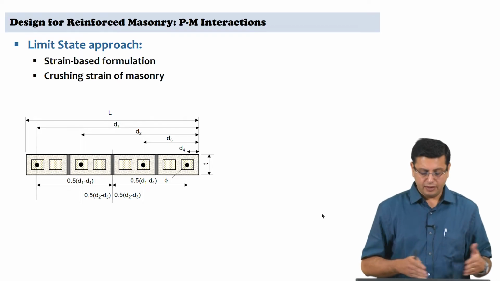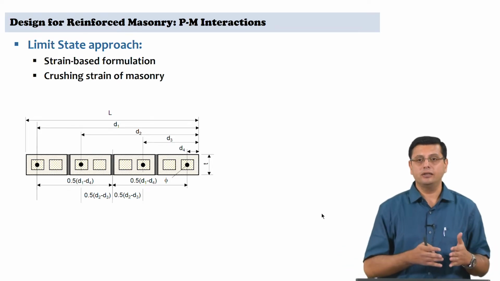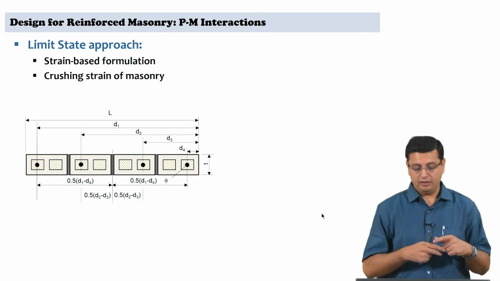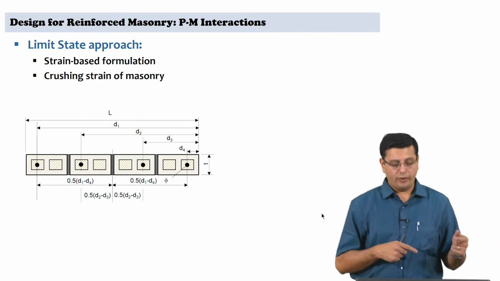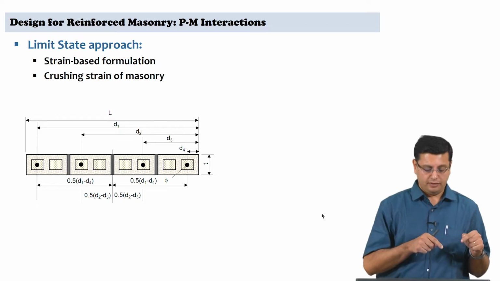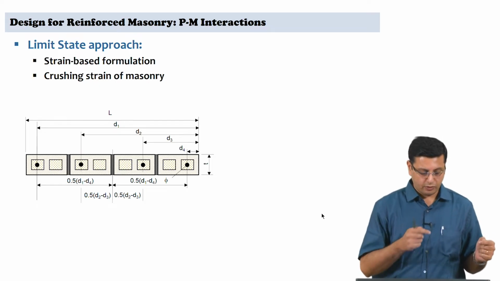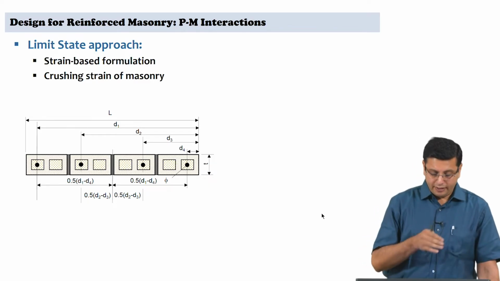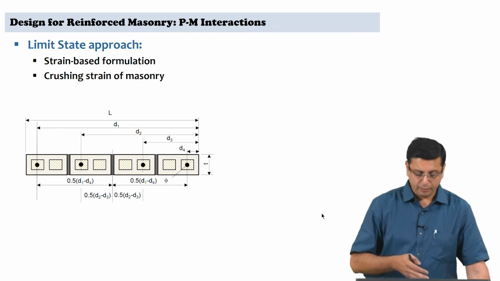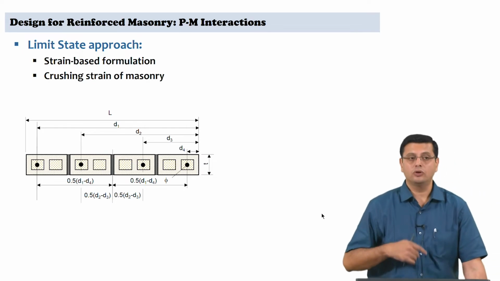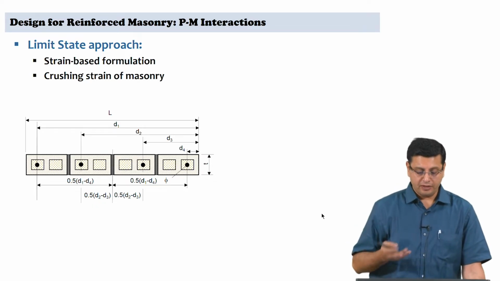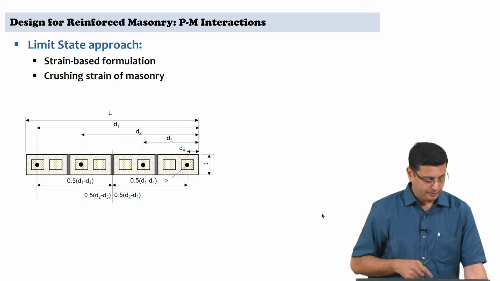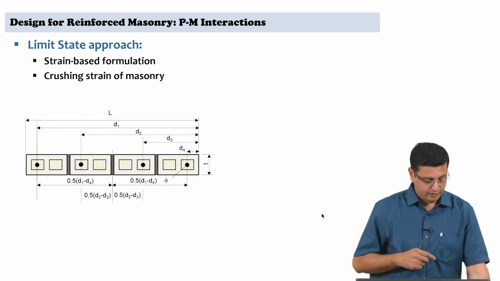Again, our assumption is that the architectural layout is going to set what are the dimensions of the wall, the overall dimensions of the wall. However, the configuration of the grouted masonry, whether it is fully grouted or partially grouted, where you are placing steel reinforcement is again left to you, but importantly they would bring about differences in your actual values in the geometry. So it would be an iterative process to go and change the layout of steel, the bar diameters, and then look at the values d1, d2, d3, d4 or whatever those steel reinforcement